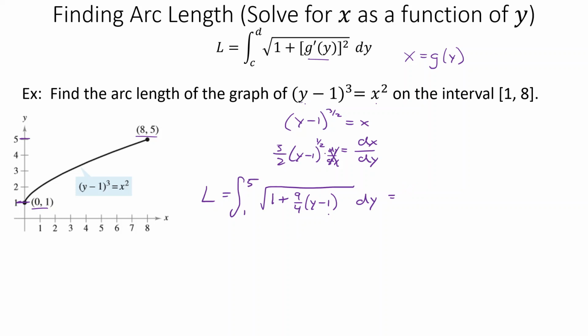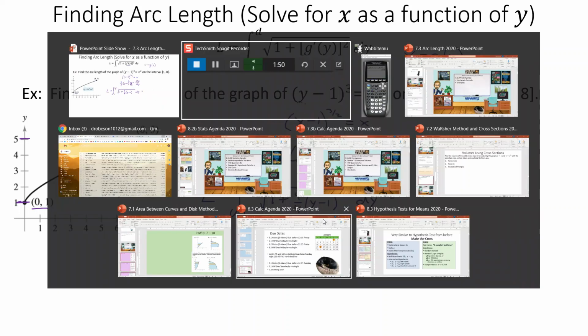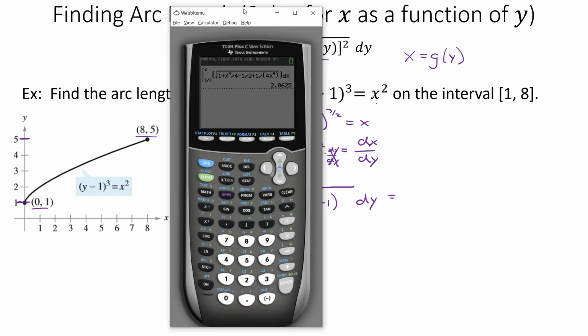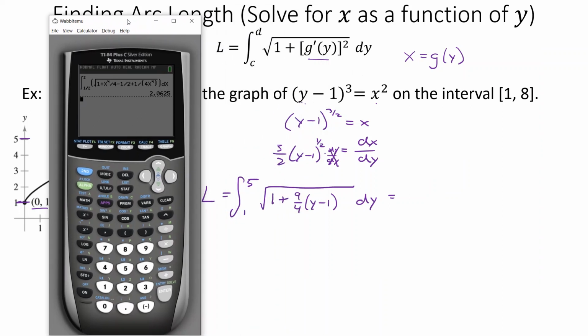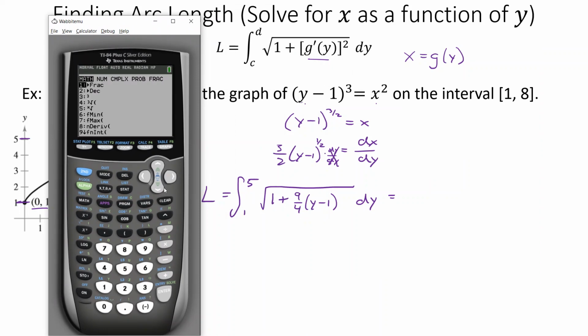We can just take that and throw that into our calculator from here. And yeah, I am kind of getting lazy and doing a lot of them with the calculator from here, but that's okay. If we have that option, take that option. So math 9, we're going from 1 to 5. We've got the square root of 1 plus 9 over 4 times, I said plus, I wrote minus. There it is, plus